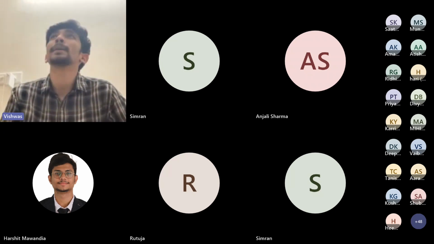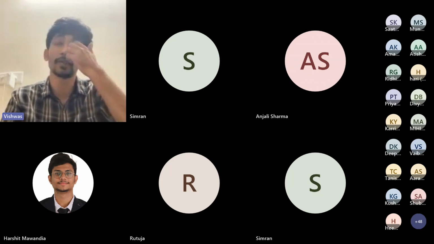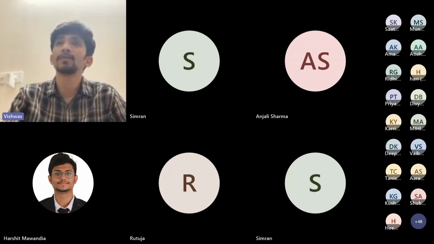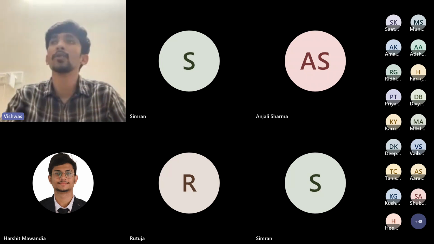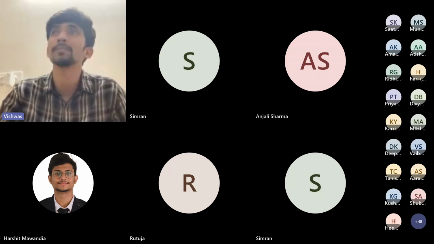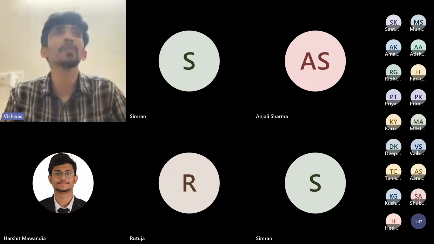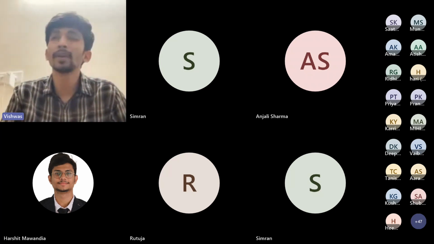And apart from that, I think nobody has told about their experience working in an SD role, so that could be helpful. I can tell a bit about that, because some people might have to choose whether they should choose an SD role internship or a quant role internship or a data science role internship or any other roles that are there. For an SD role, I think you will find it very exciting to work if you are interested in learning new things,